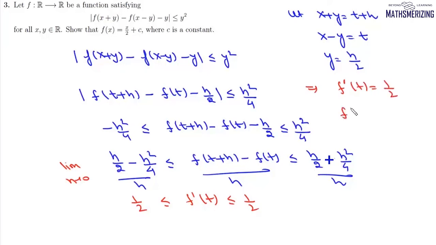Now we integrate this function, we write f(t) as t by 2 plus c, or we can write this function f(x) will be simply x by 2 plus c, where c is a constant. And this is how we solve such a question. Now question number 4 is,